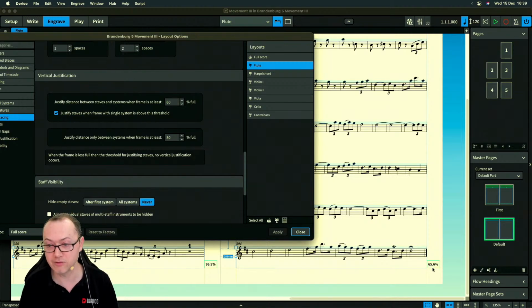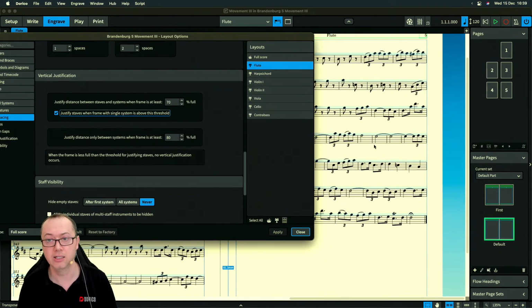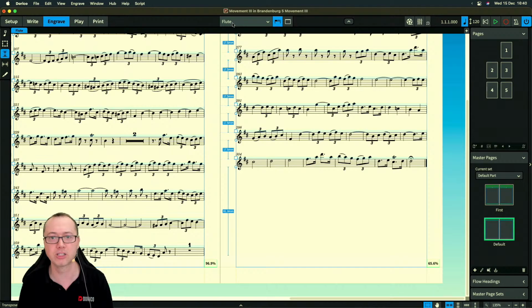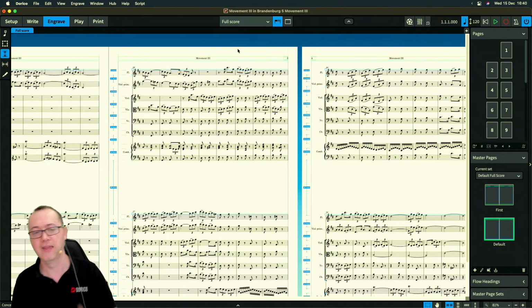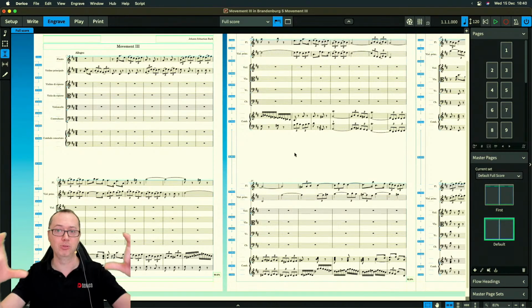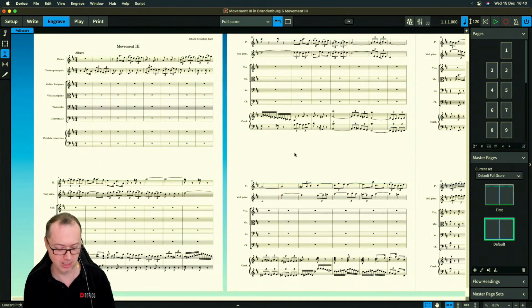So this says 65.6. If I set this to 70, for example, then now the staves here, they're not being spread out because 65.6 doesn't meet either of these two thresholds. Now, in the case of an individual option like this, actually either could apply. So to explain both of these, let's have a look at the score as well, and then we'll come back to the part. So in the score, we've got this really big gap between all of these systems,